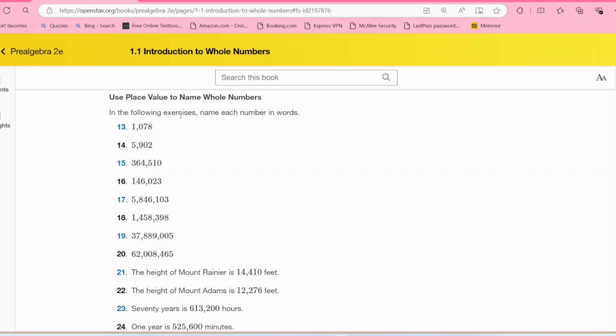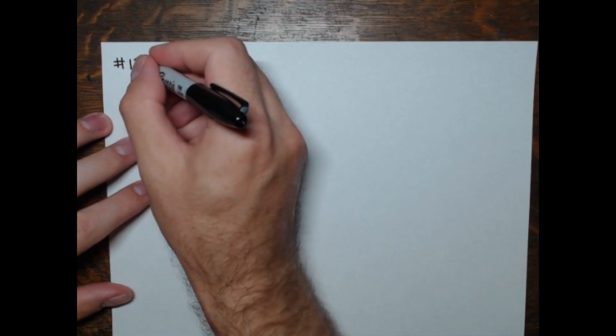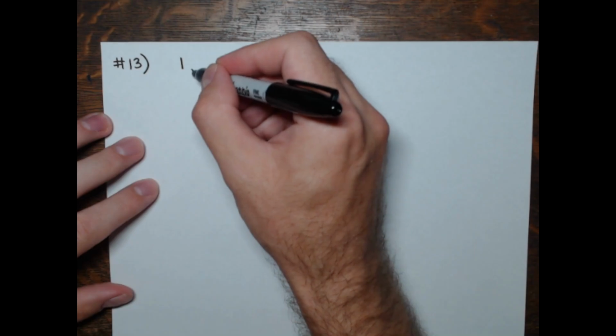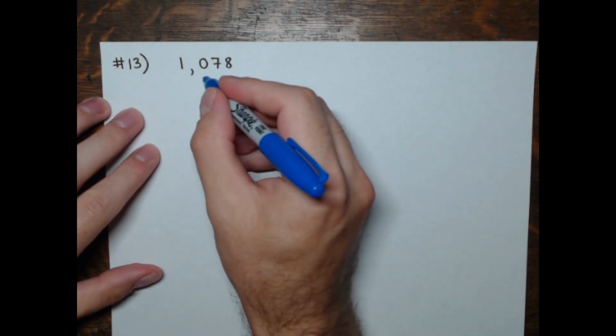So in the following exercises, name each number in words. All right, so number 13. I'm going to say it out loud, but we're given this number with these digits: 1, comma, and then 0, 7, 8. When naming a whole number in words, remember from the reading in the previous videos,